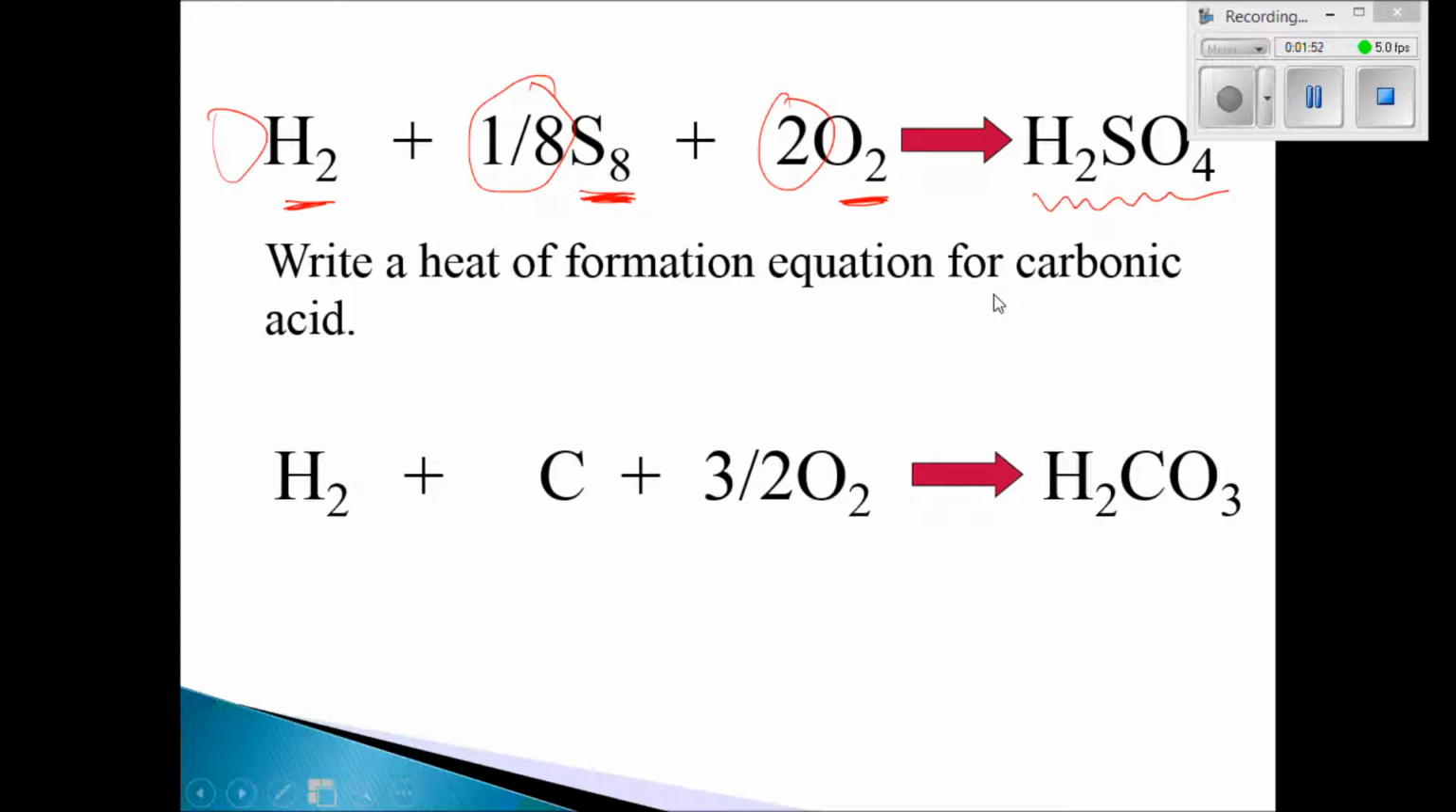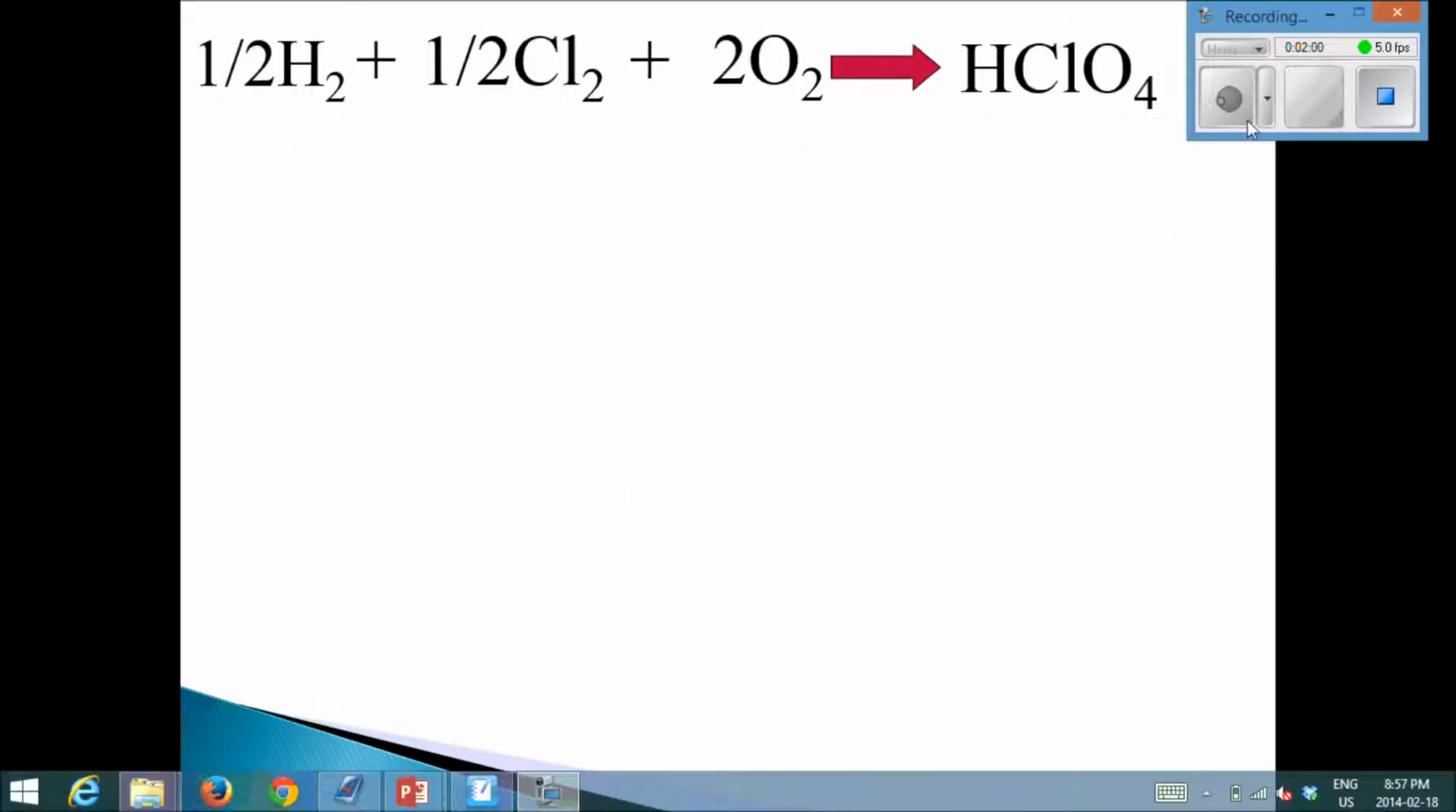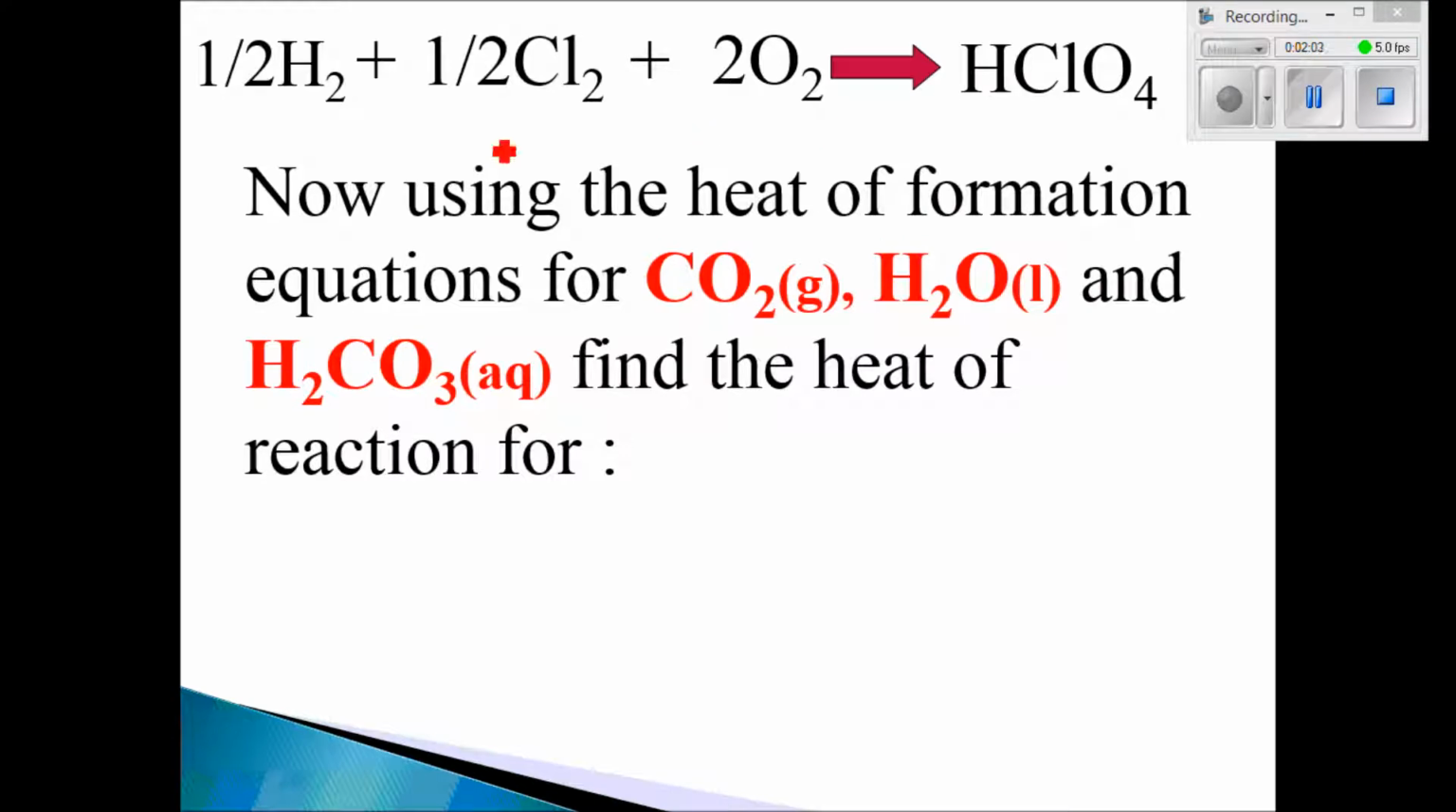Pause the video and do it for perchloric acid, HClO4. See if you can do it. And again, if you do it correctly, what you should have is half H2 plus half Cl2 plus 2O2 equals